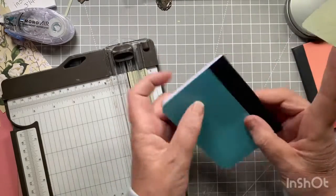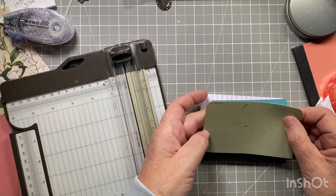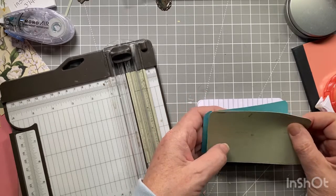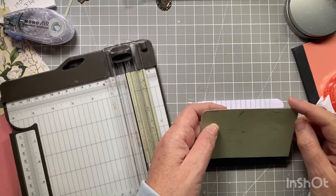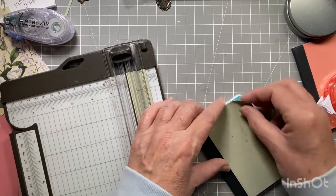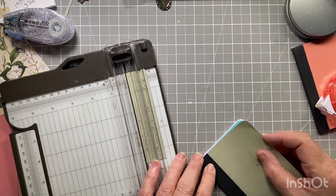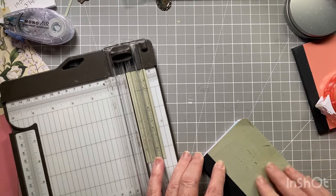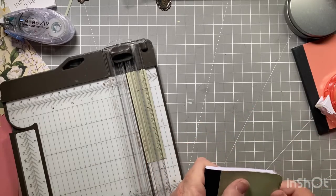So I can either do the back next or the insides. But I'm going to line it up on the curve on the back. Make sure it's covered correctly. And make sure it's on there straight. Now I know the Mono Air came up easily. I don't know if this is... I'm doing what I just said not to do. I lined it up on here first. And I'm still seeing a tiny...